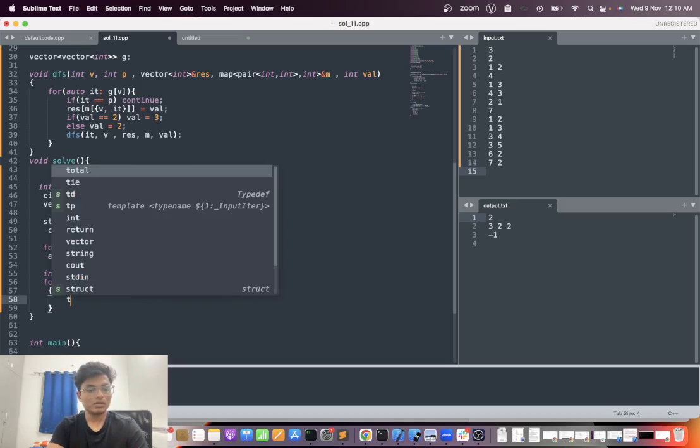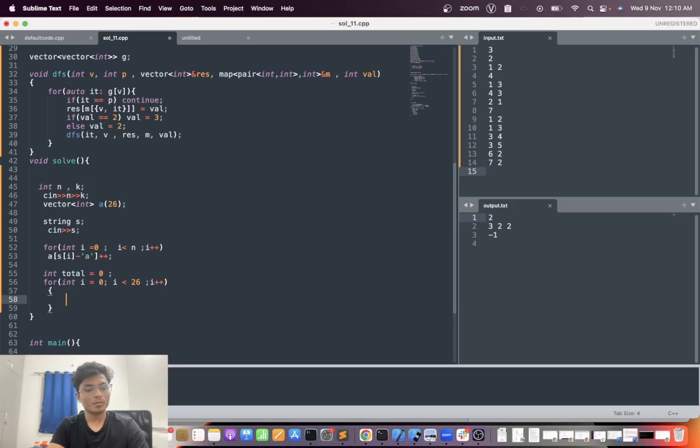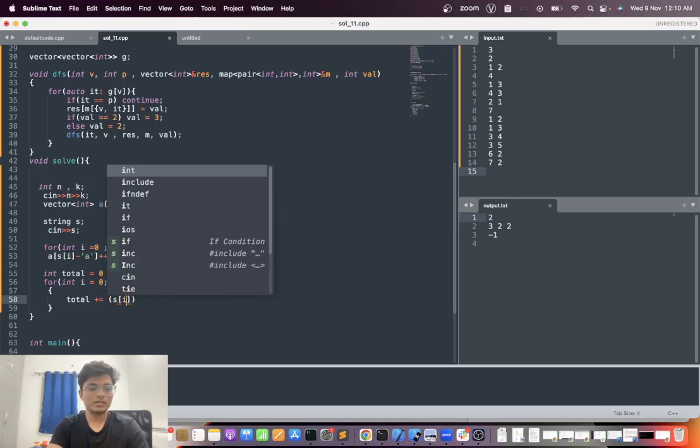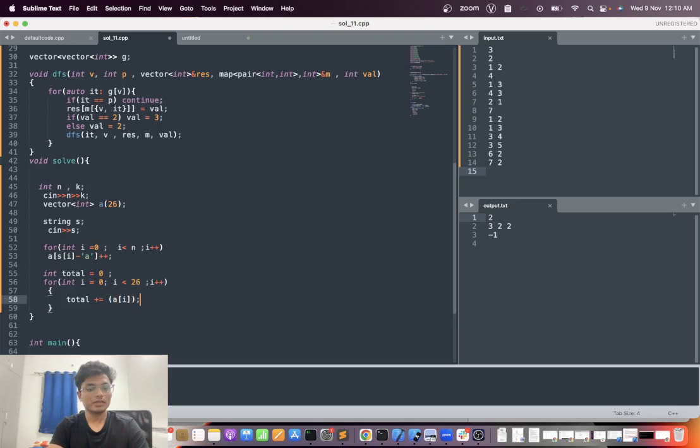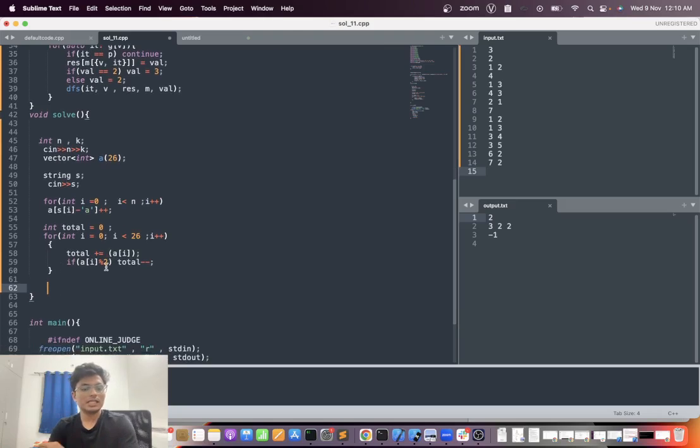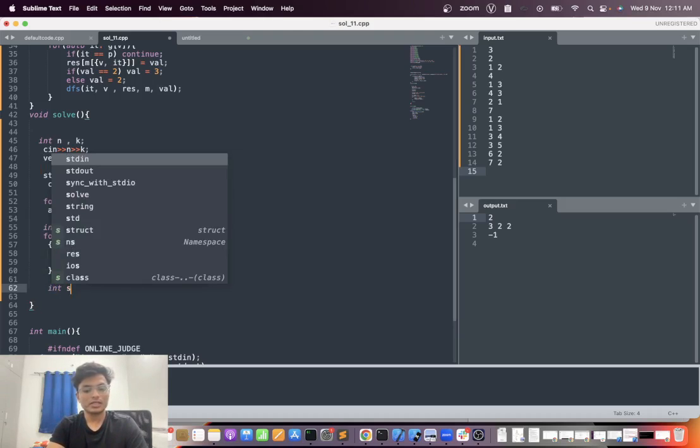So total will be total plus the count of each character, a of i. Now I need to take only even pairs. If a of i is odd, I just need to subtract 1. If it is like 3, I'm adding 3 to the total, but if it is odd, I'm just subtracting 1. Okay, so the number of strings will be